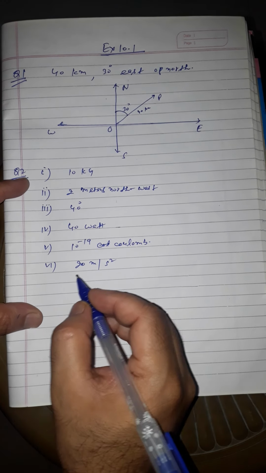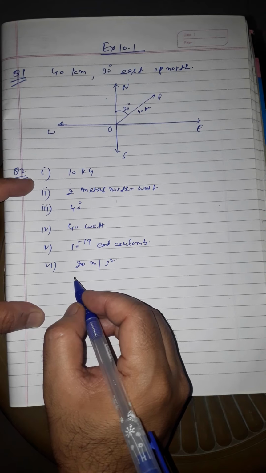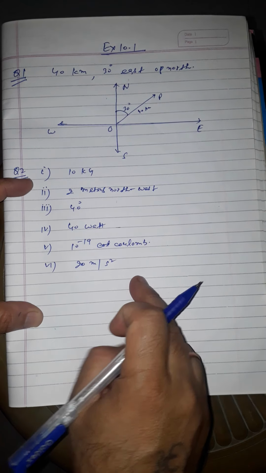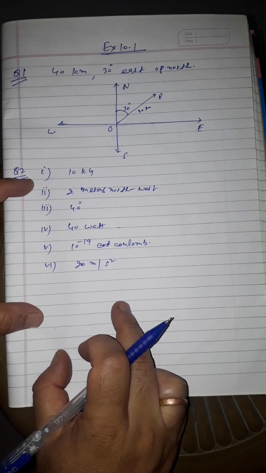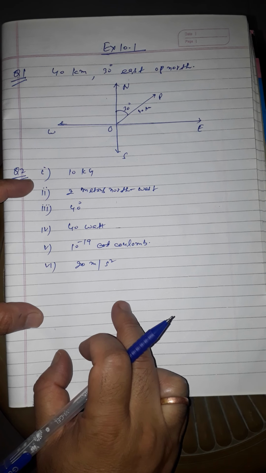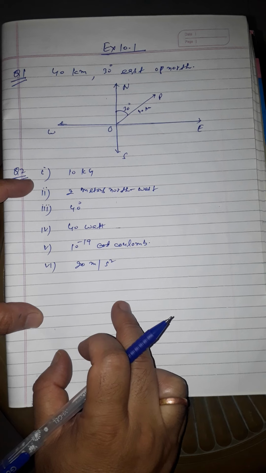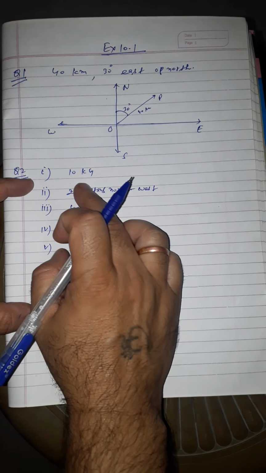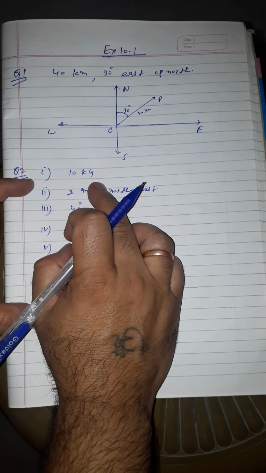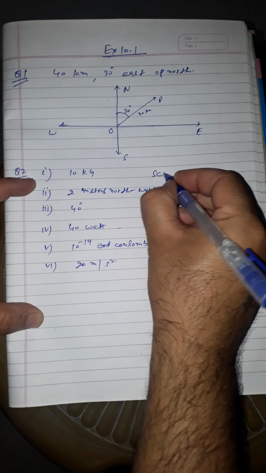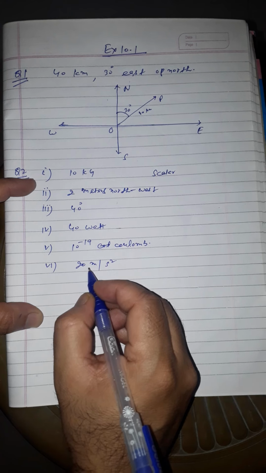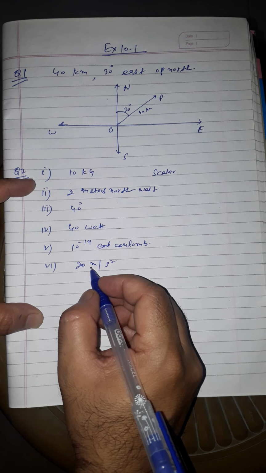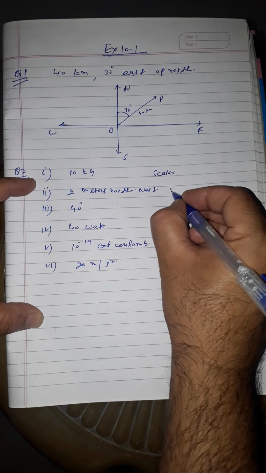Now come to question number 2. Classify the following measures as scalar or vector. Here in this question, students, we have to identify which one is scalar and which one is vector. First is 10 kg. You know this is mass and therefore it is a scalar quantity. It is scalar, students. Second one is 2 meters northwest. This is a vector quantity,